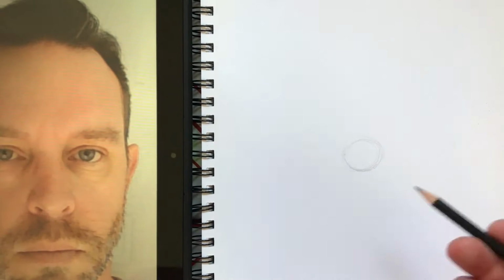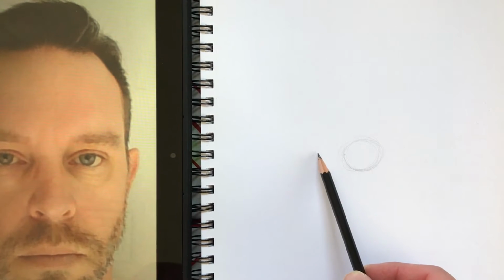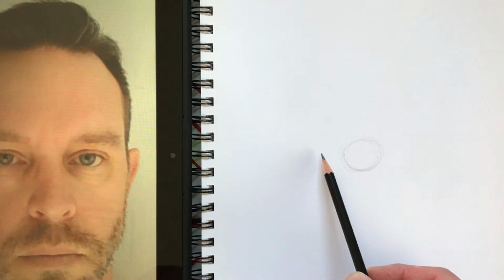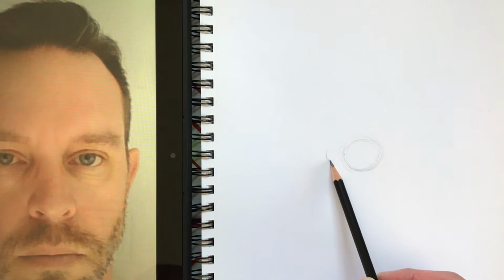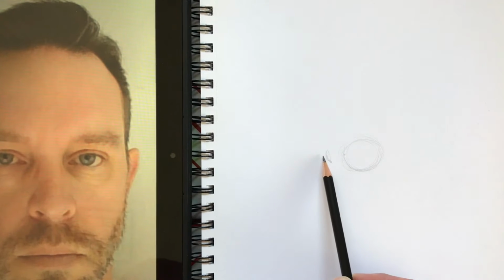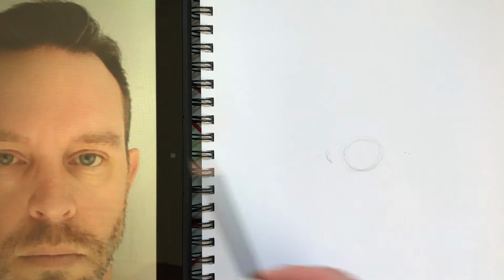So now what I want to do is look at how much further over from the edge of the iris is the curved part, this little edge of the eye. I can see that it's not that far over. It's kind of like right in here. So maybe from there, I could give myself the width of the eye, from here to here. There's a little bit of white on this side, so I'm going to put just a couple little blocking points there